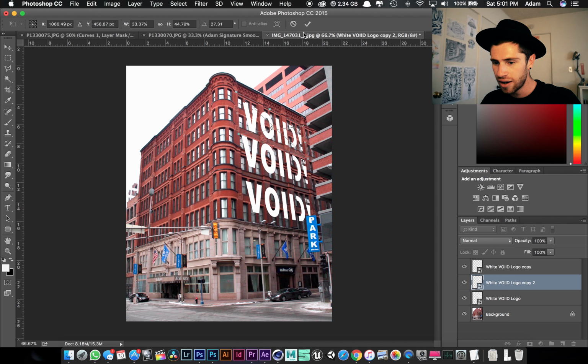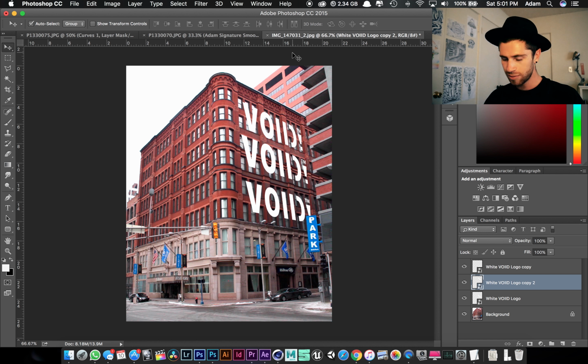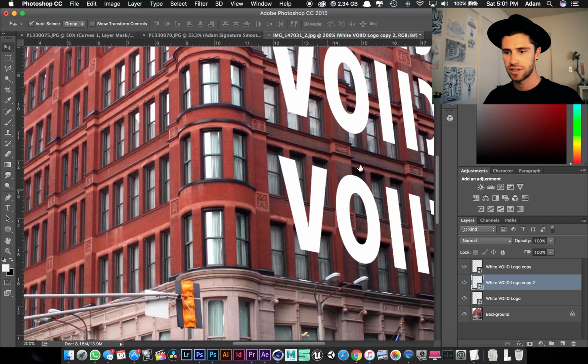You know, the second one down and the third one down don't really look like they're on there that much, so let's see. Can I like Command T? Wrong one. Click to select, Command T, Edit, Transform,